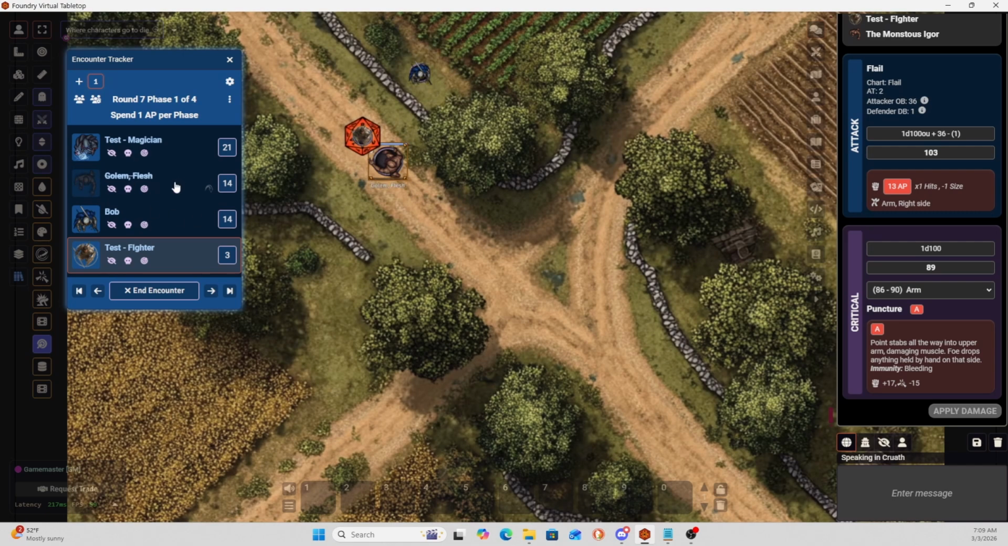The monstrous Igor has been defeated. He falls to the ground. I have marked him as dead, so he disappears from the combat tracker or has a line through his name, so the party knows that he is defeated. And in this case, because he's the only enemy, the combat has finally ended with a solid hit to the arm. Now that was a long fight between 3